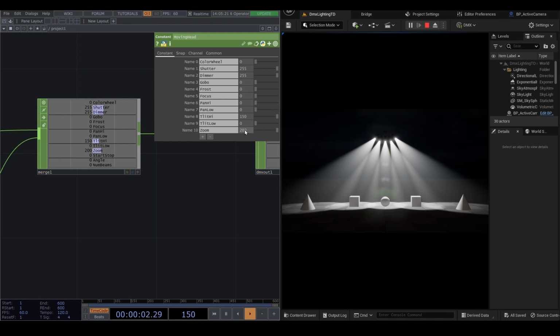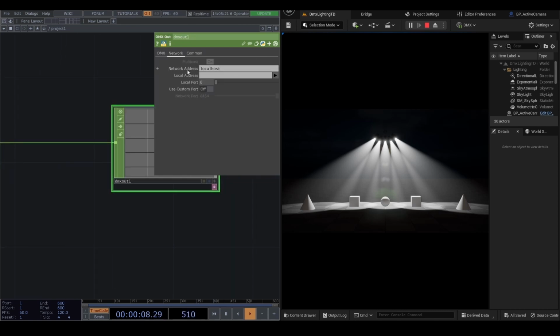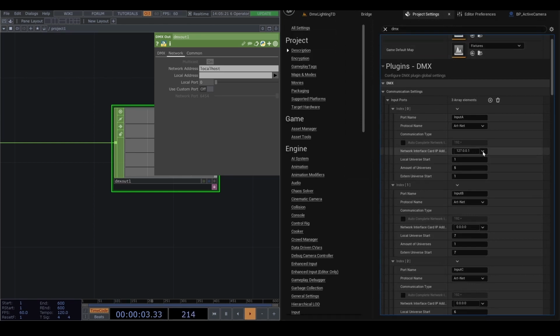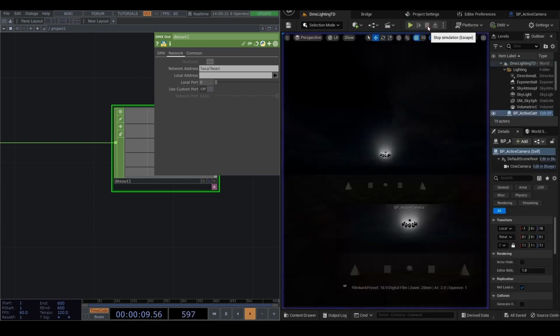That's really cool. So as I said, it's very easy to send DMX from TouchDesigner to UE5, because I run both applications on one PC. But if you want to use a separate machine to reduce the burden, it's gonna be a little bit complicated, but the concept is the same. You need to specify the network address, and also you need to select the IP address that can receive. Okay, cool. So stop the simulation, and